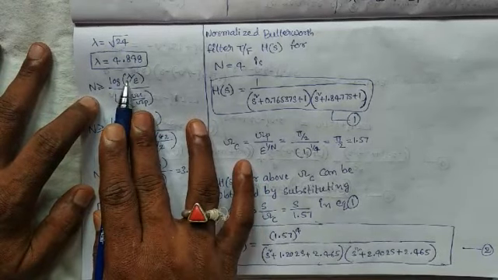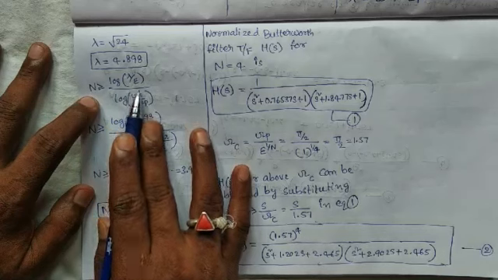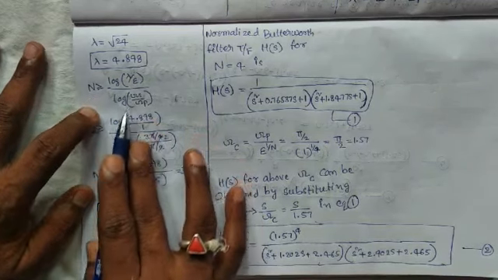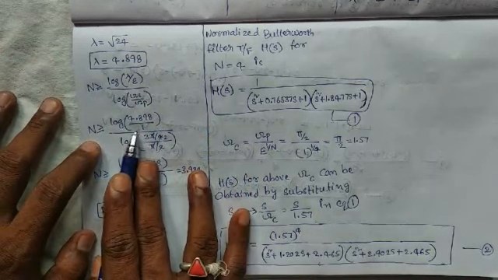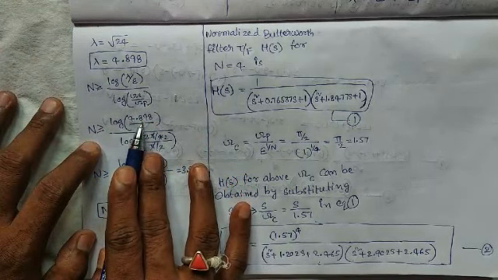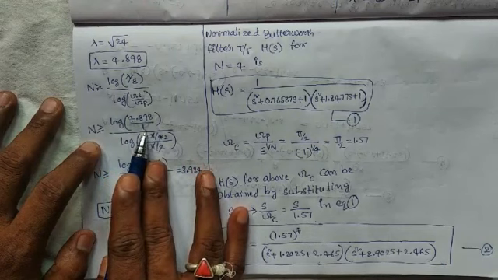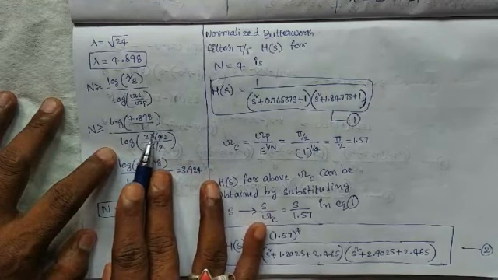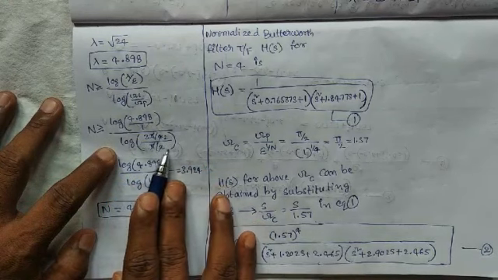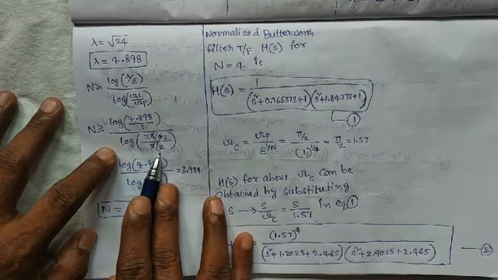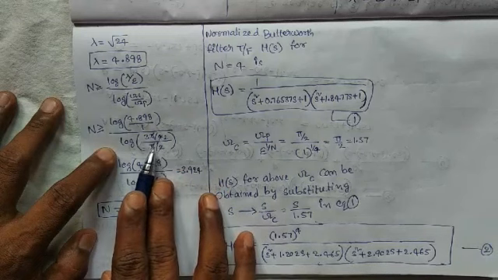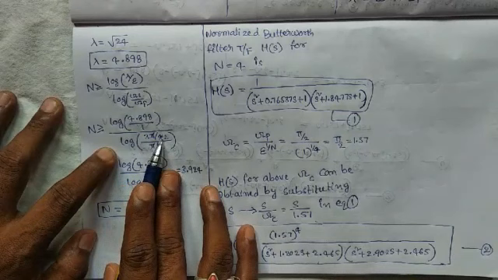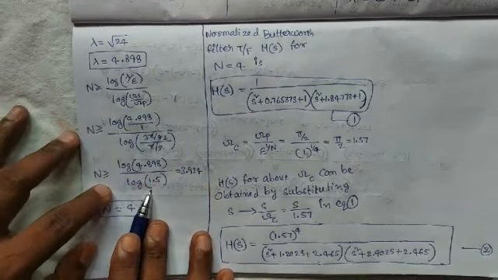Here we have already calculated lambda, epsilon, omega s and omega p. We are substituting those values in this equation. Here n is greater than or equal to log of lambda, which is 4.898, by epsilon, which is 1, by log of omega s, which is 3 pi by 4, by omega p, which is 5 by 2. Here pi gets cancelled, 2 twos are 4, so 3 by 2, which means 1.5.